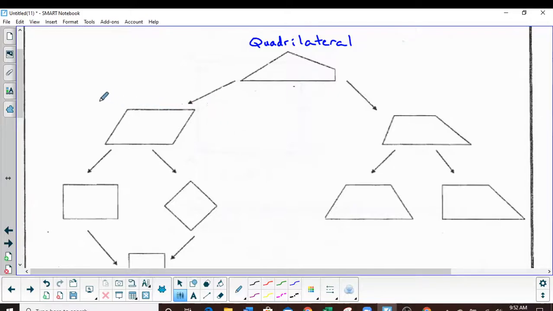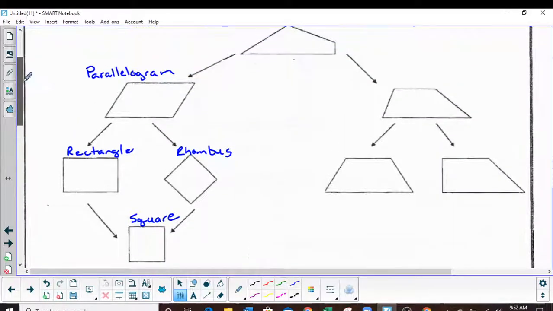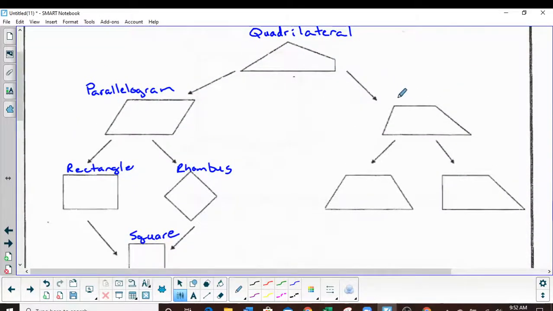Let's go to the left first. You can see that this is a parallelogram. Below that, we've got a rectangle. And over here, we got a rhombus. And we've got a square. Okay, and to the right side of the quad, over here, we got